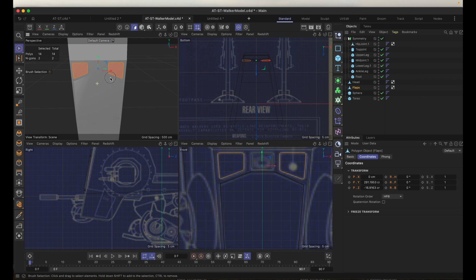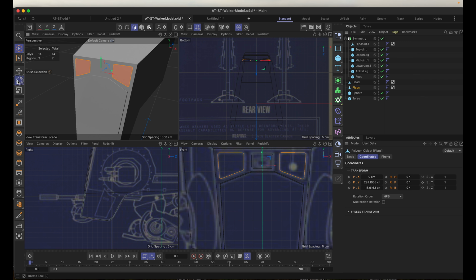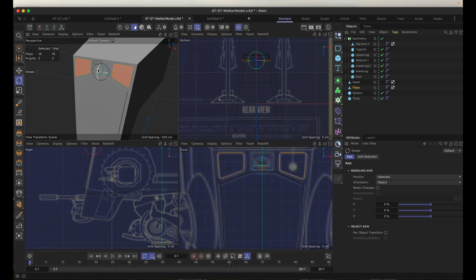And so what we're going to do is we need to adjust where this point of rotation is, right? Because right now, if we rotate these, they're going to flip right in the middle, which kind of looks cool, but not the way it should. And so what we need to do is move our axis. So we're going to select this axis, and then up here in the middle, there's the axis tool. If I click on